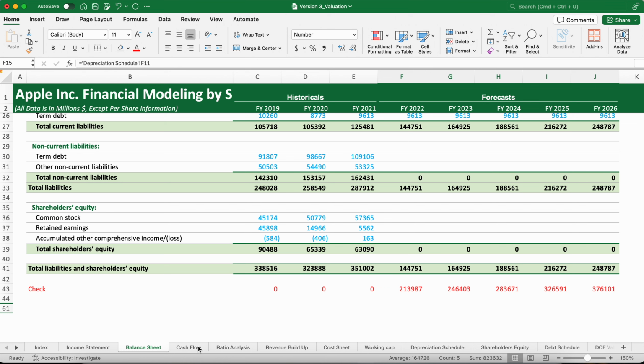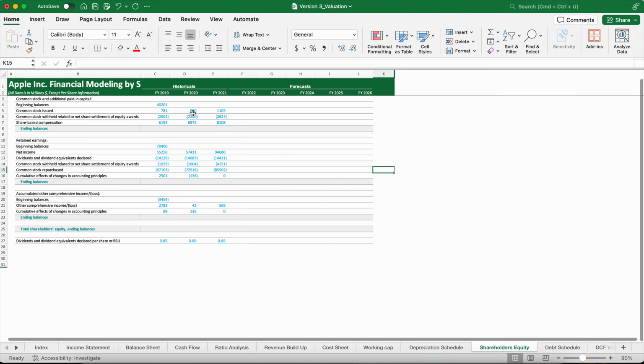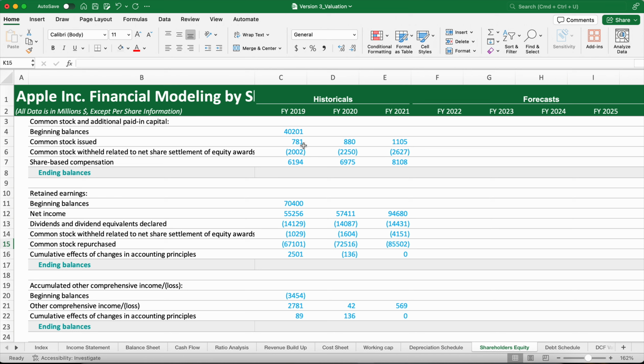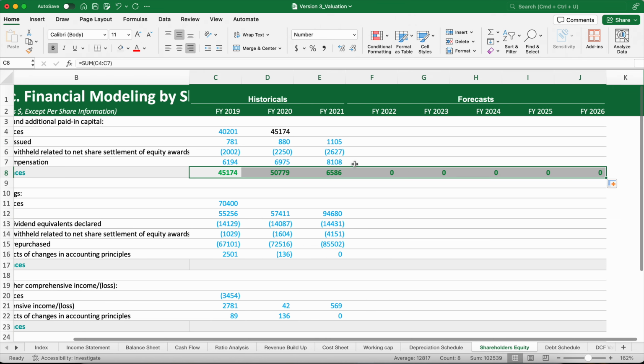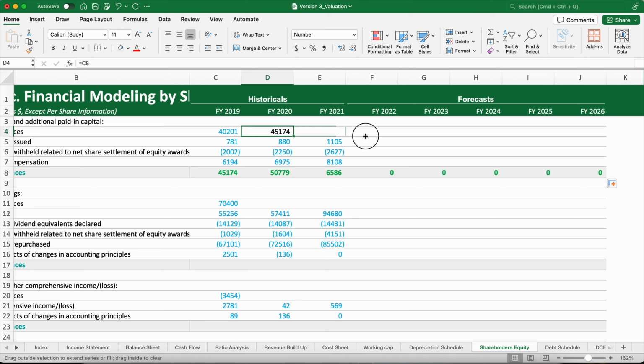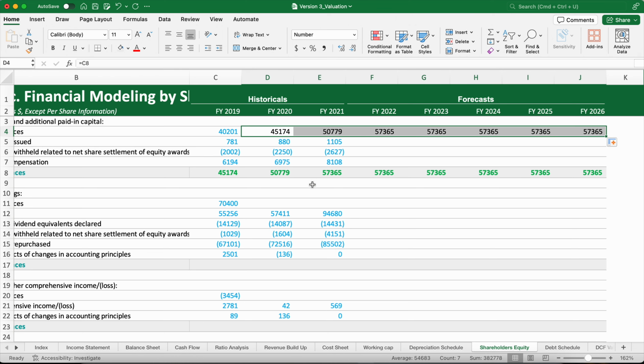So as you can see, we have here the shareholders' equity section. In this section we have the ending balance of the common stock and additional paid-in capital, which should be the summation of this column. Okay. And this ending balance will be the beginning balance of 2022, right? So we can do this up to this, and we can also do this like this. Okay, now